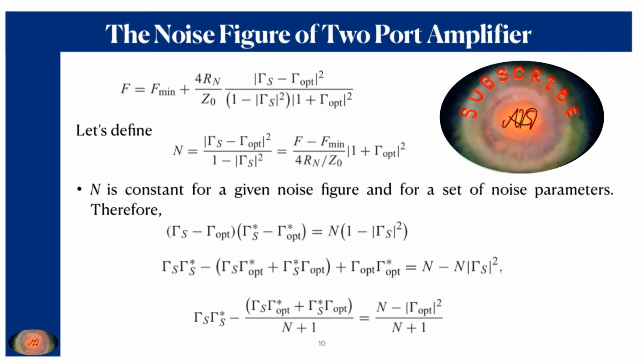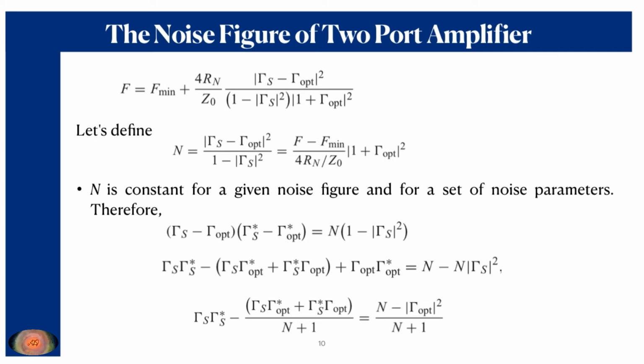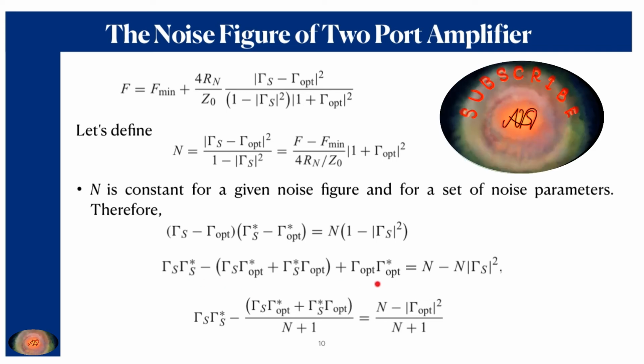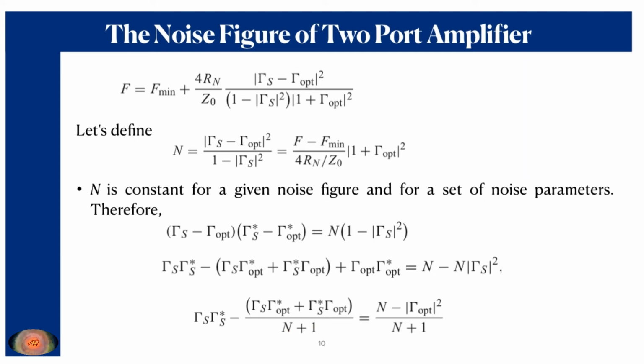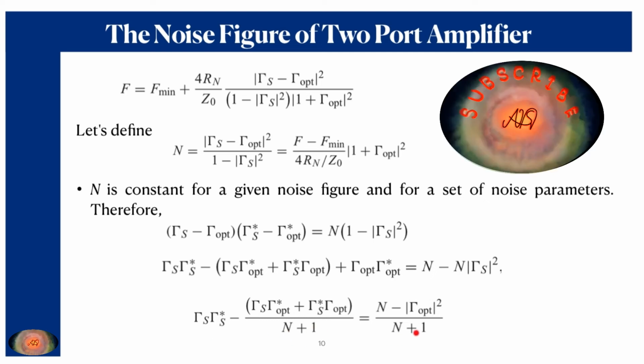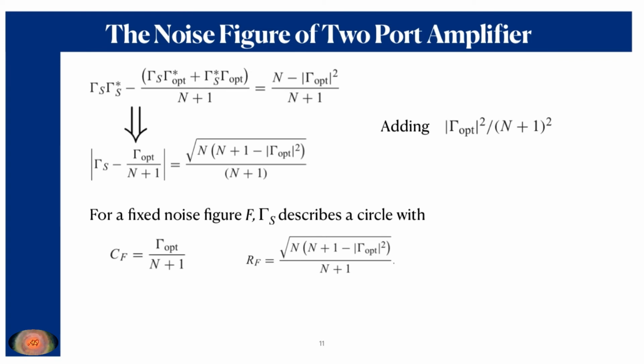So therefore, n plus 1 is appearing, and I have divided the entire equation by that n plus 1, and thus the last expression is achieved. And if you add this term with the expression that I have achieved in my last slide, then we can easily rearrange the entire expression to represent the gamma s as shown over here.